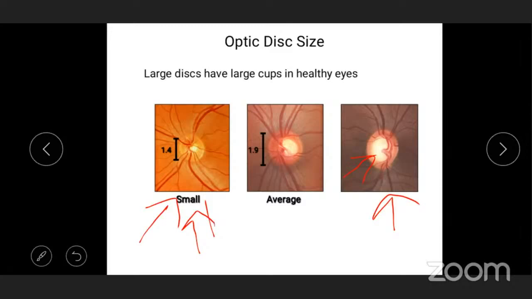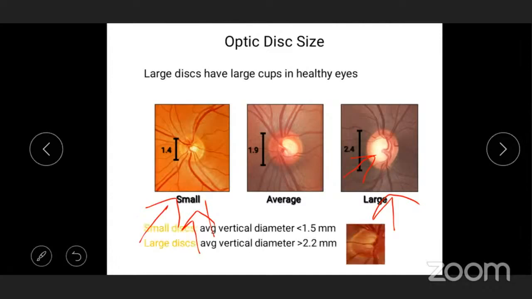And that is why the disc size is very important to record. The OCT, which Sharmila will talk about, actually, if you ask me, one of the biggest advantages of the OCT is it tells you the disc size in actual numbers. So that is important, but if you don't have it, you can do it, like I said, with this.